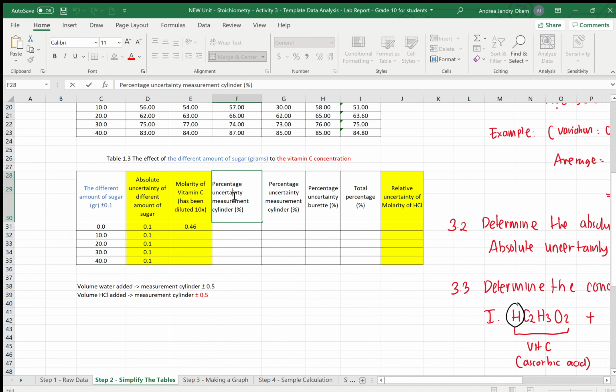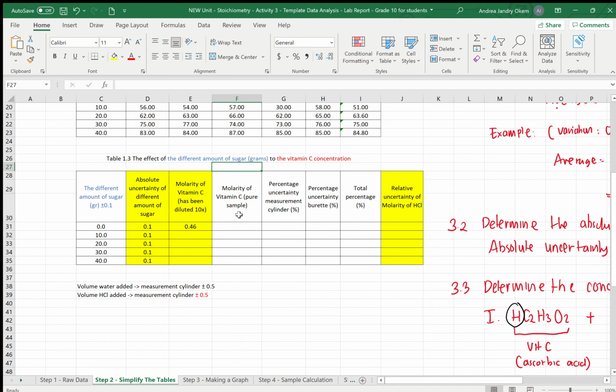So the next one, we can put the molarity of vitamin C into sample, or pure sample. Okay, we can mention like this. Sorry. Okay, don't worry, I will give you the table for you.